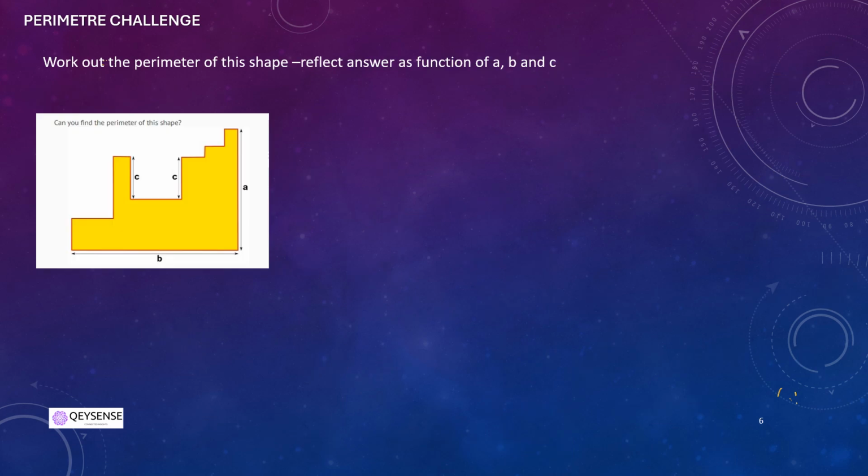Now we get to our last problem. This one's about perimeters. I've added the words here, reflect the answer as a function of A, B, and C, and you'll see what I mean. If we just left this problem as find the perimeter, what you would do is just start with the overall perimeter, and it's got to be A plus B plus